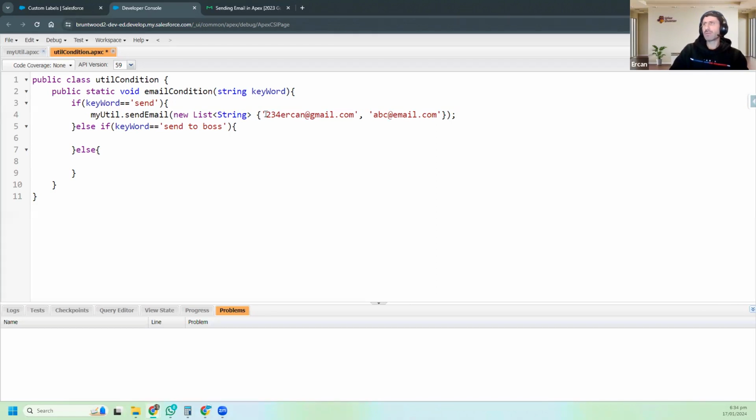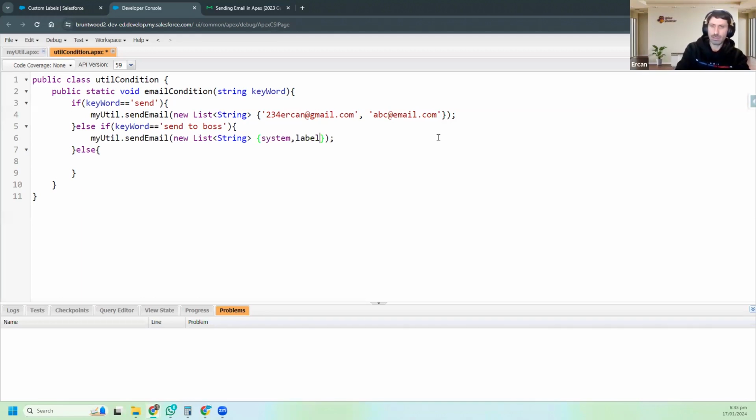So if I want to send an email to the customer, I can make it this way. Of course, again, I can also get the email address from the user. I don't want to make it too long, but you can make different logic. And also, if I want to send an email to the boss, then I will not use this way. I will just change the email address to something different, like